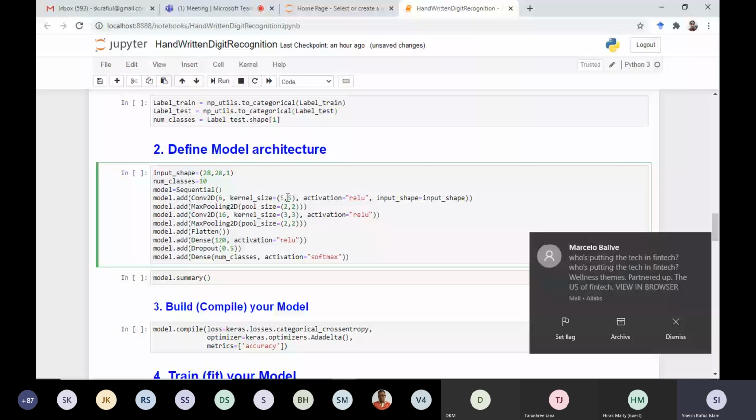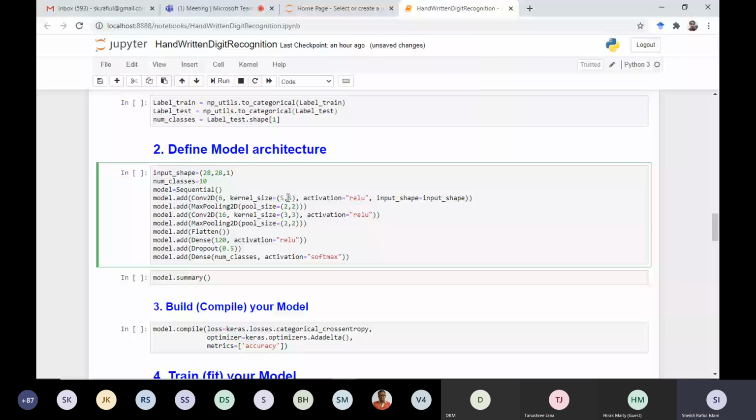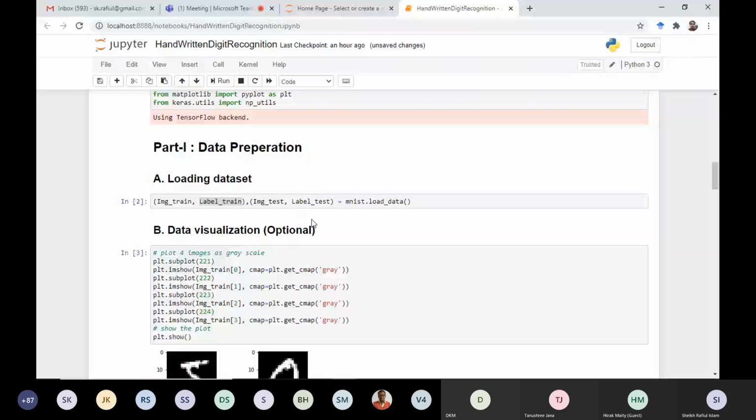As a result, the computational requirement, or we can say the training time when we run that code, will take a lot of time. So to reduce this computational requirement, I have just modified these values to 3 cross 3. It does not matter; in the same code, if you just mention 5 cross 5, it will run.